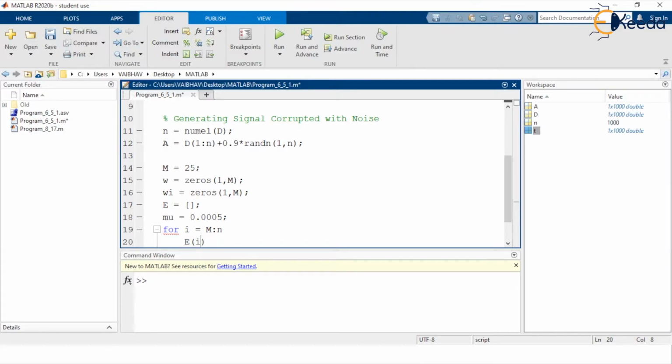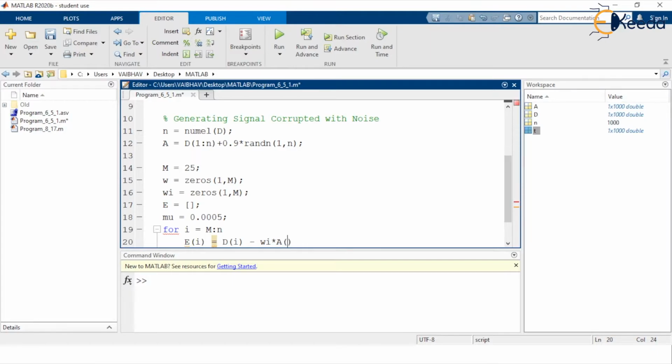Here we build the logic: E of i is equal to the desired signal D of i minus the weights, initiated as w suffix i in the mathematical equation of the previous video, multiplied by the actual signal, which has the desired signal component as well as the noise component.